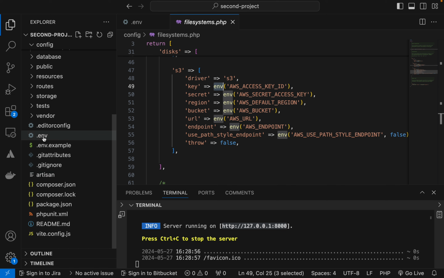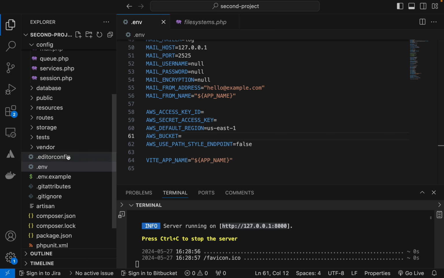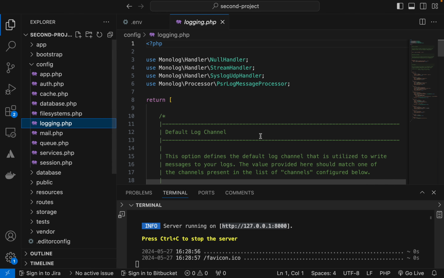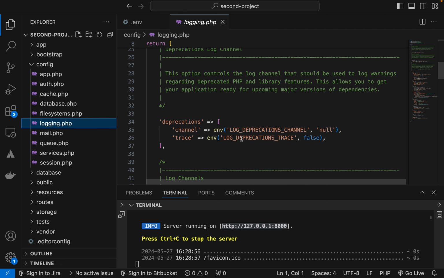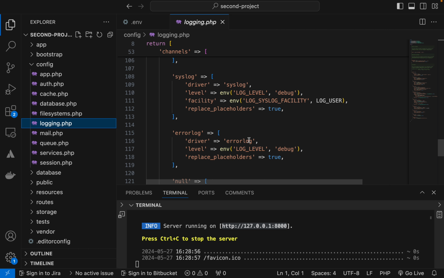So if you are storing your files on AWS S3 buckets, here you can see in the settings file, this environment file .env. If you are using AWS S3 to store your files, you can put here the AWS access key ID, AWS secret access key, AWS bucket, and whenever you upload or do any file related activities, it will store on AWS. So these are the file related settings. Similarly, this is logging, and you can see different logs are created here. So it's log related